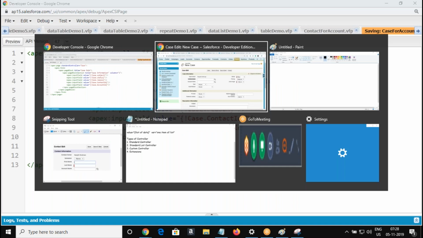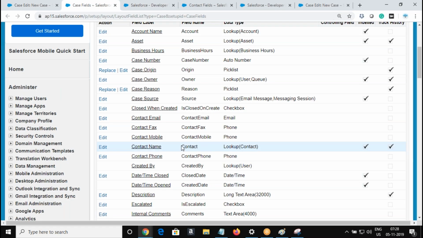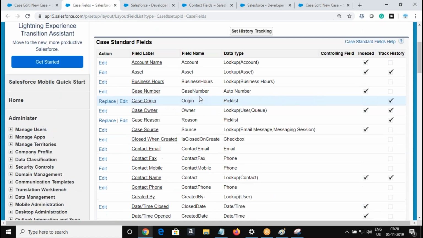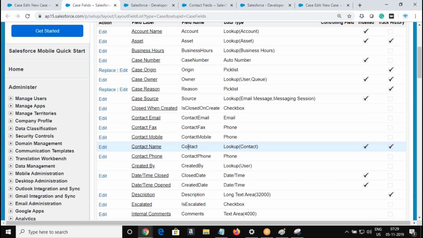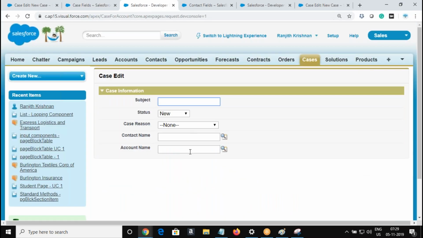Normally, how is this naming convention given? They refer to the parent object name. This is the standard way, but to avoid confusion, understand that the name of the field along with ID is the field you refer to in order to bring that field in the lookup form, so that the lookup magnifier symbol will appear. How do you bring the relationship field? The field name suffixed with ID. That way you can bring the relationship field into your Visualforce page.